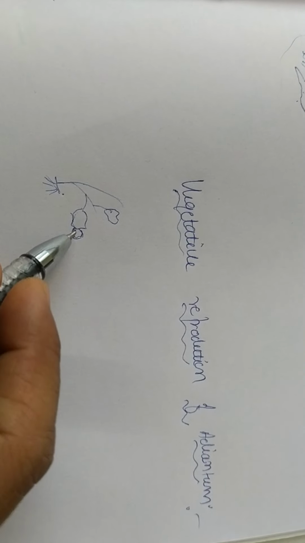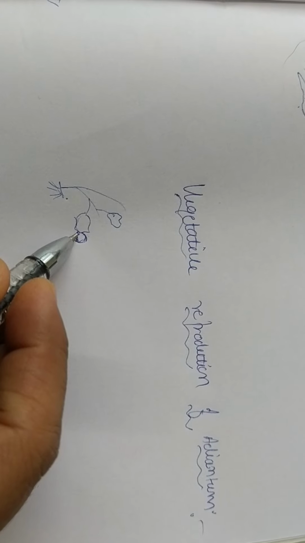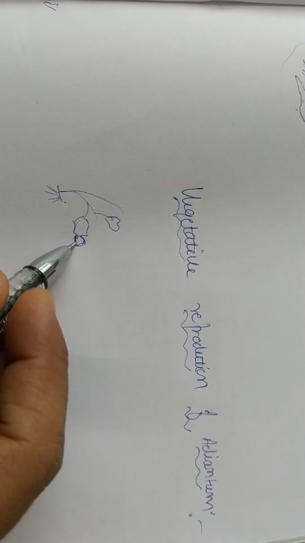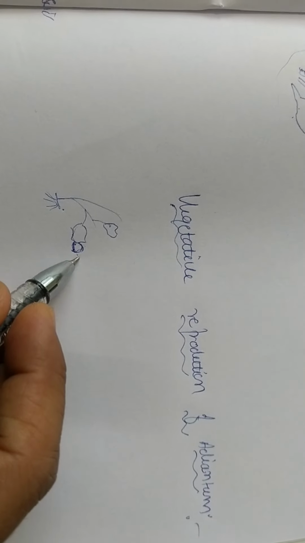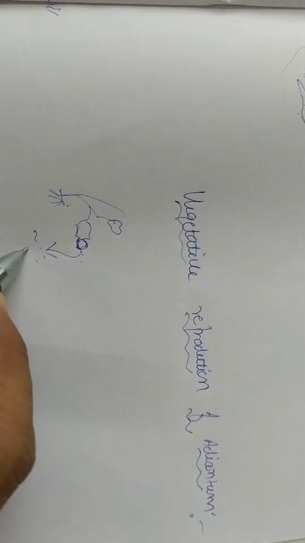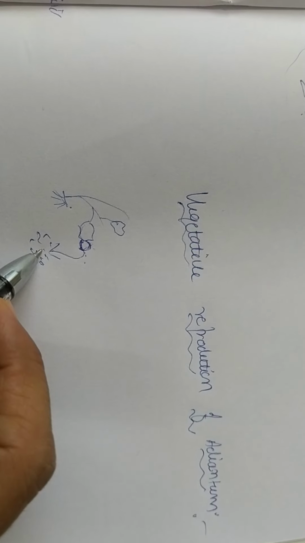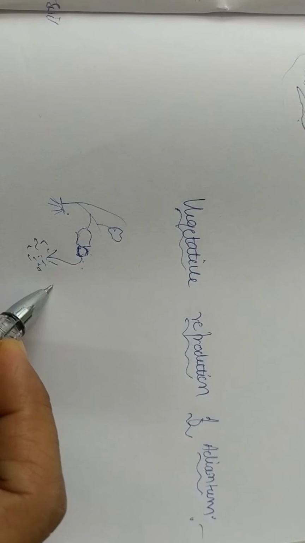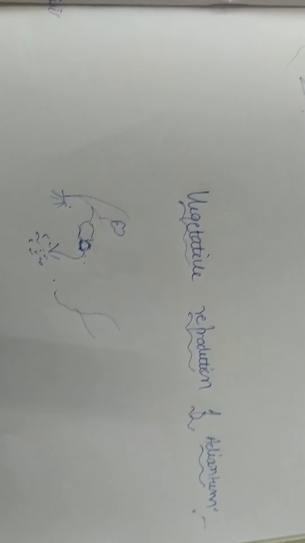Okay, not to be confused with the sori. These are formed at the tip. These are in the form of buds. So these adventitious buds are present at the leaf tips. When such leaf tips happen to touch the soil, if we have a soil here, when these buds touch this soil, what happens is a new plant is going to be produced.